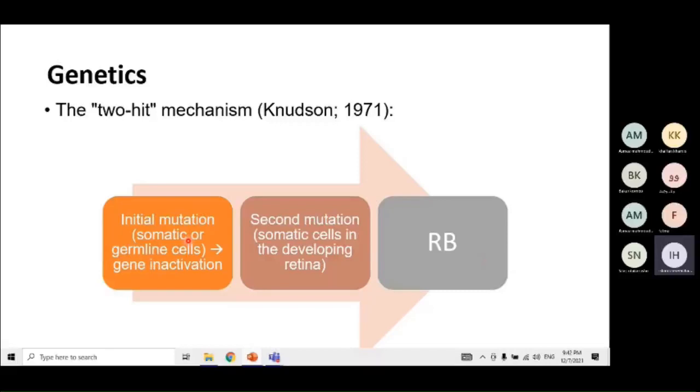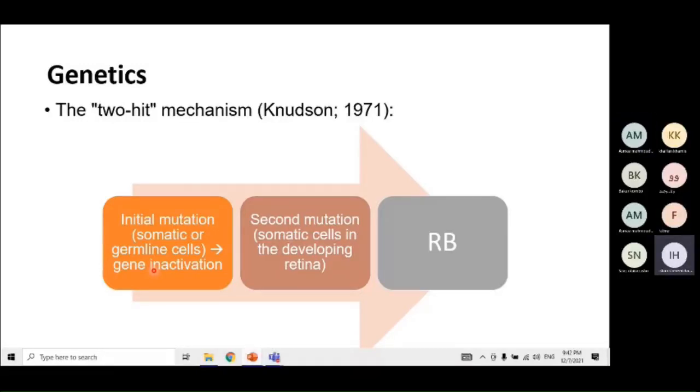So this hit may be due to a genetic disorder, may be due to irradiation, may be due to whatever cause, but the net result is that it leads to inactivation or damage of the tumor suppressor gene on one of the chromosomes. Okay?